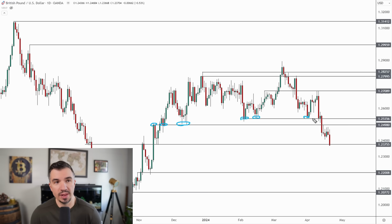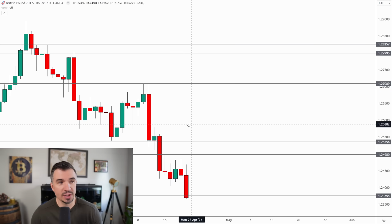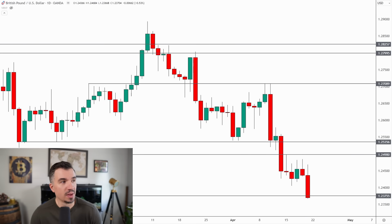Now, if you saw the weekly forecast from last weekend, you know about this level here at 1.25. So 1.2498 is the level that I showed last weekend. And notice where Monday came into. Okay, we talked about this in the VIP group as well, which again, the benefit of being in the VIP group is that you get those real-time discussions every single day in Discord. So we talked about this right here, this retest from the pound, and that's exactly where the market sold off last week. So that was last week's high,